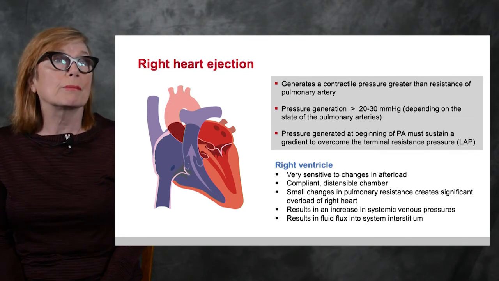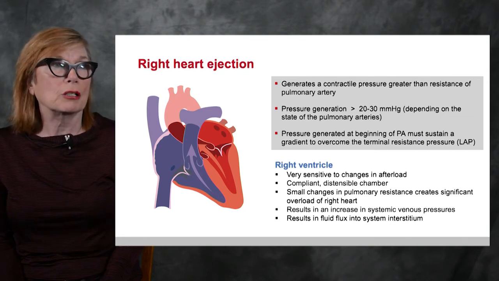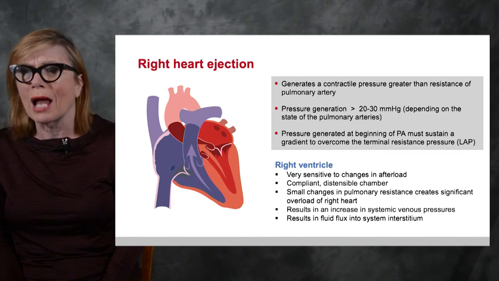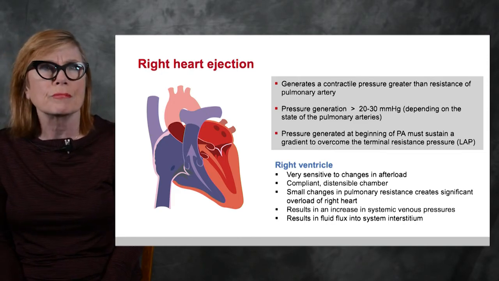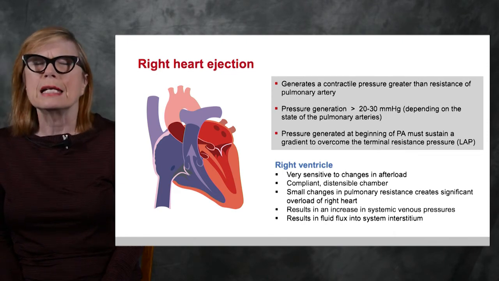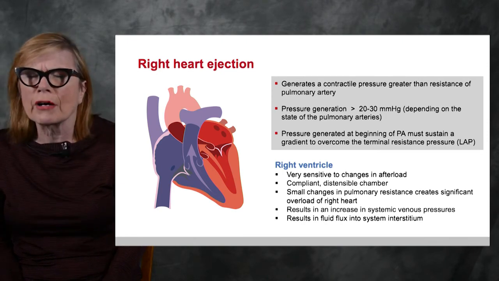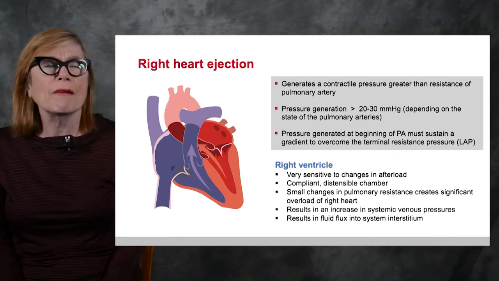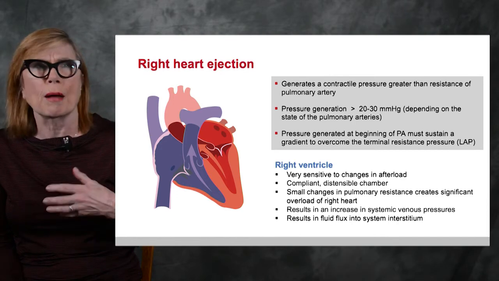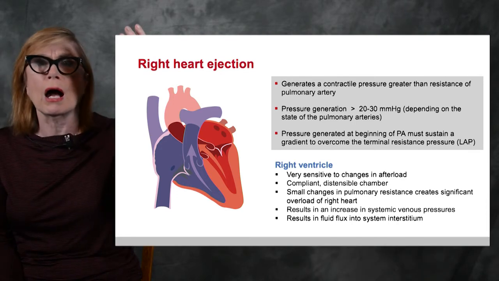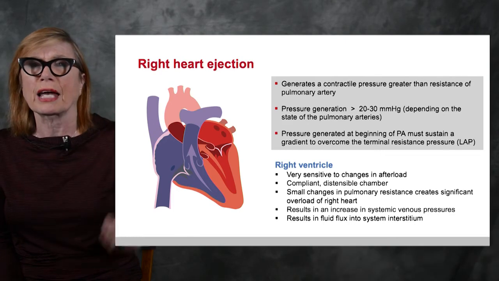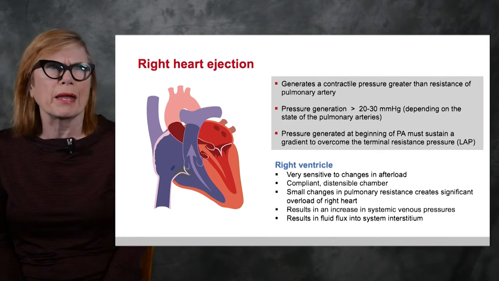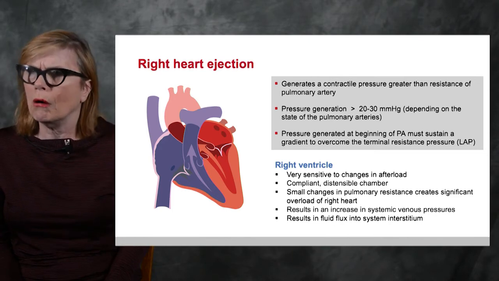But here's the most important thing to remember about the right heart, because I think the right heart is sort of the Cinderella stepchild in critical care. Most people do not pay much attention to right heart function. The right heart is very, very sensitive to changes in pulmonary afterload. Pulmonary afterload means I have vascular changes in my pulmonary vessels, making that pulmonary pressure higher and requiring the right heart to eject against it. Those are chronic pulmonary hypertensive patients. We usually know about them when they come to us. But what we don't always think about